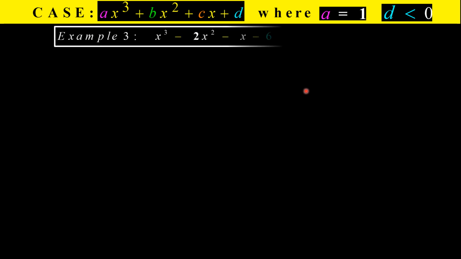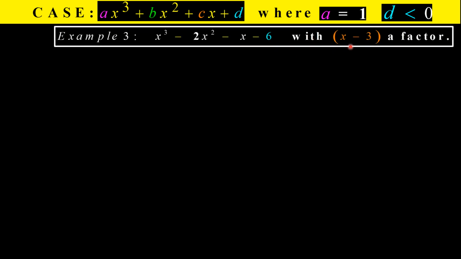Let's take an example, and we're going to take some negative values. You can see there I'm making my constant a negative, and I'm also going to choose a negative factor. I've got some negatives there, and I've got a factor with a negative constant. So let's take my